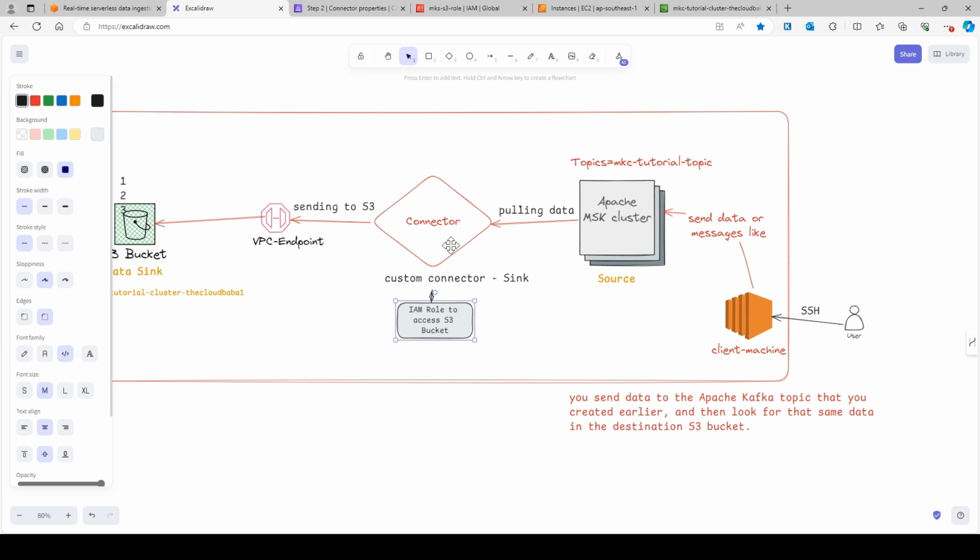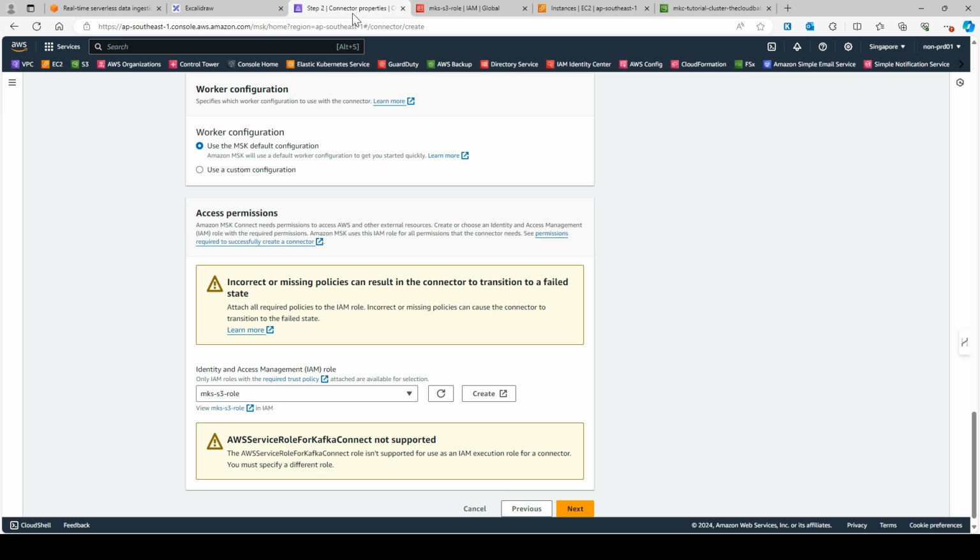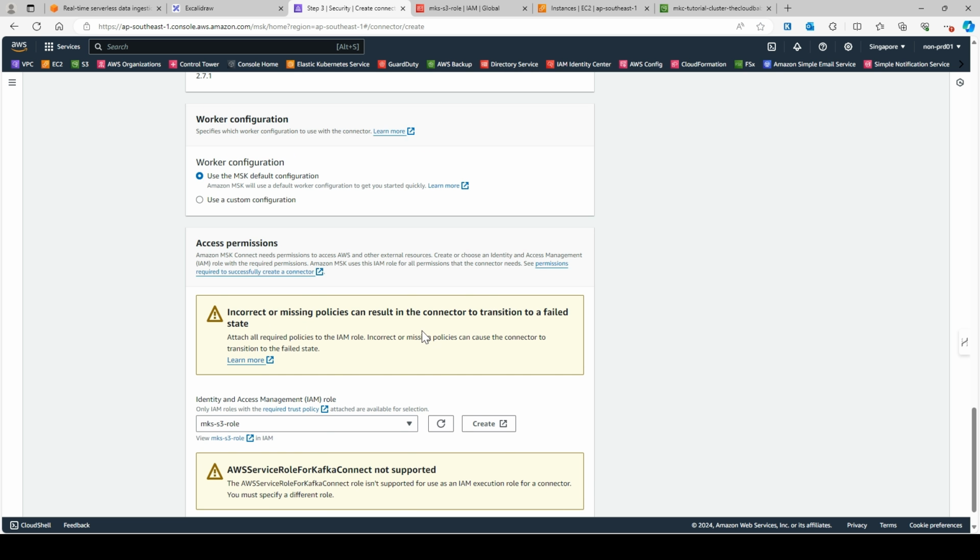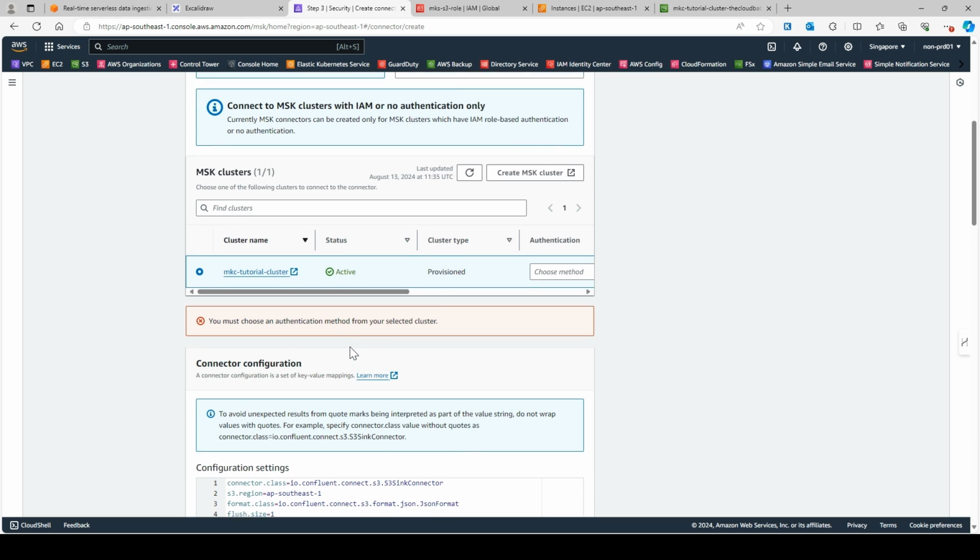If you don't attach a role, maybe the connector pulls the data and also tries to write the data, but it would not be able to do so because of the authorization error. It will fail, right? So make sure all that information is correct, and next, and then you can